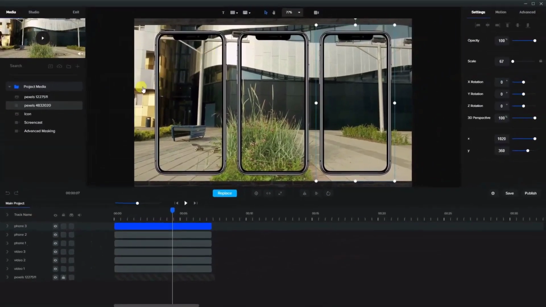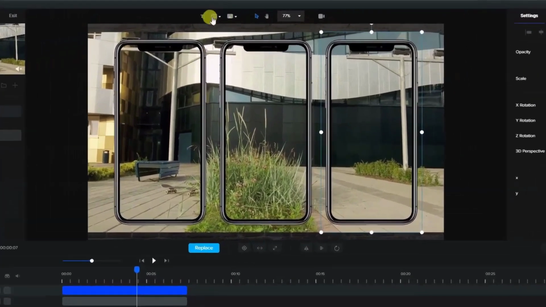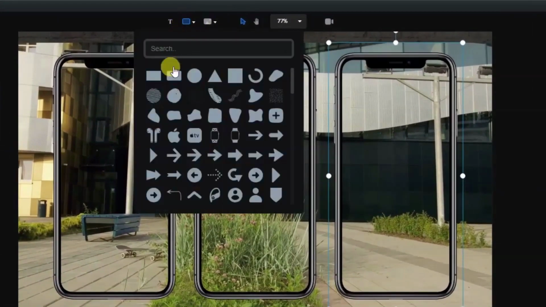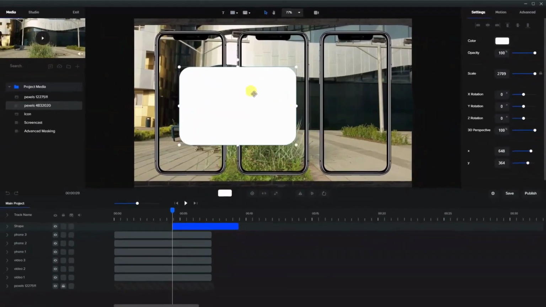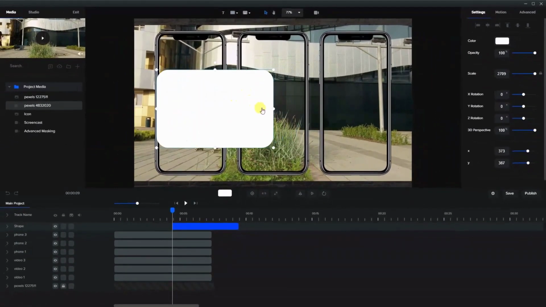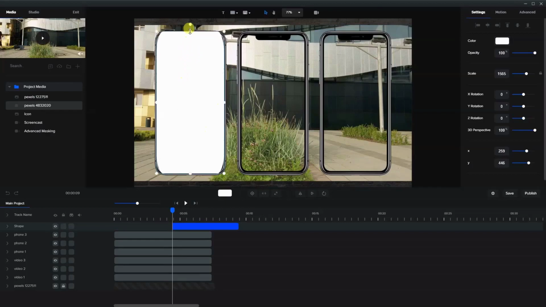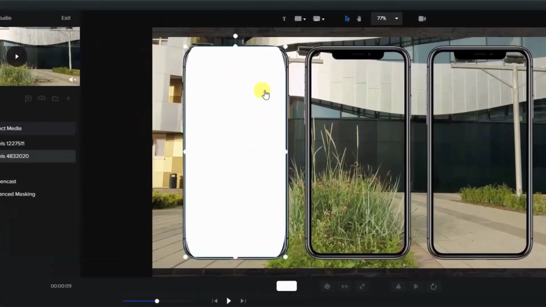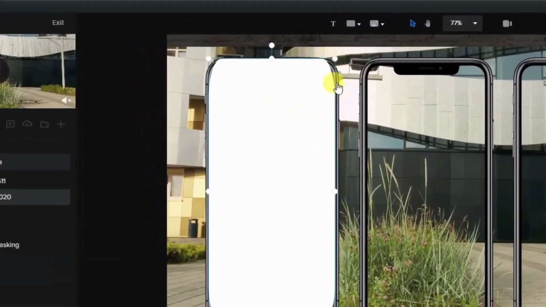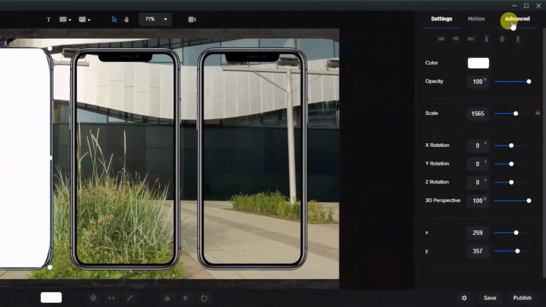Okay, so for the next step, we're going to actually add the masks. Now we're going to go up to the shapes here, and we're going to add this curved rectangle. And let's place it in the first one here, just to match as close as we can to the edges. Now you'll notice that the edges really don't match here, and the curve is not correct. So what I'm going to do is go over to the Advanced tab,